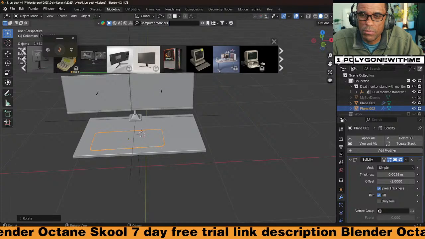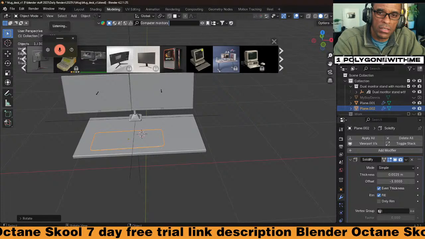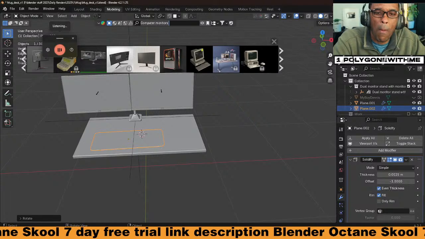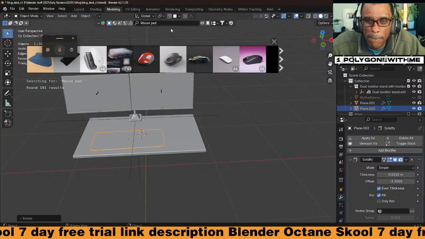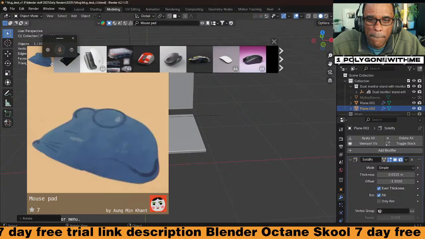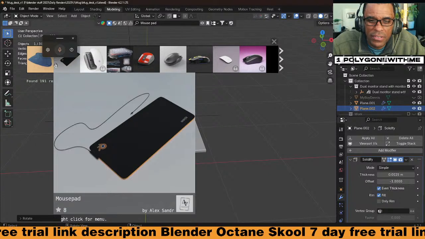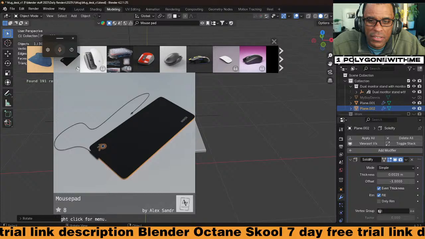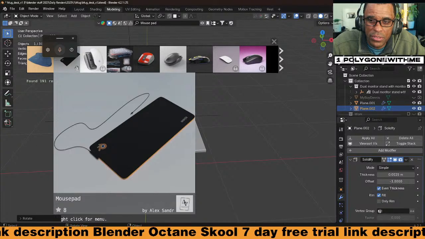What else do we need? I need a computer. I need a mouse pad. Mouse pad. That's cool. Probably should have used that, huh? As the mat in general.